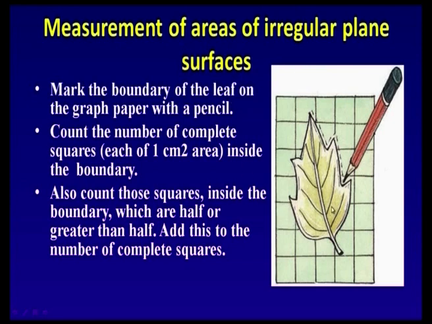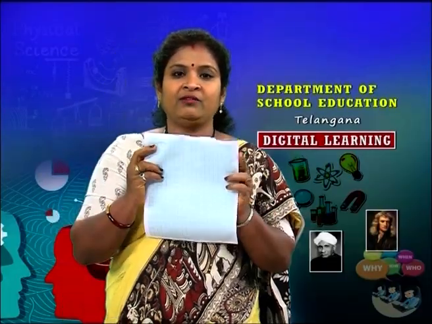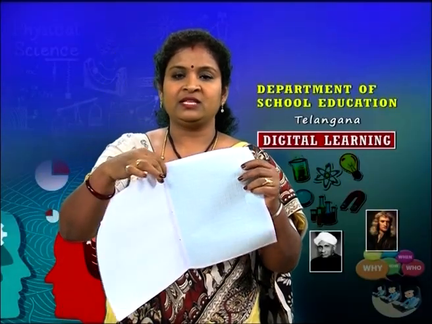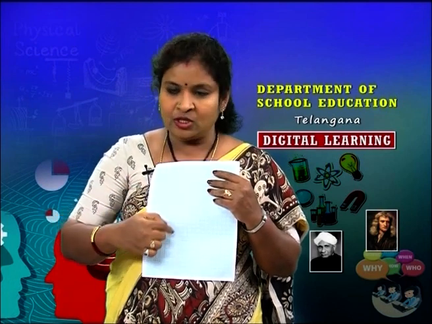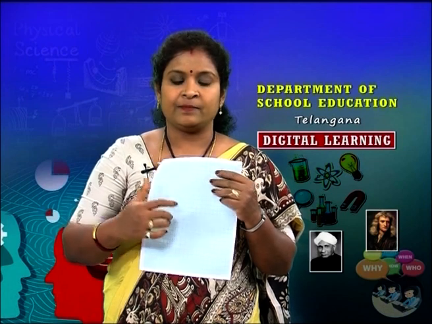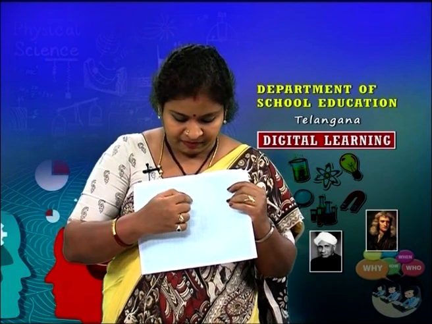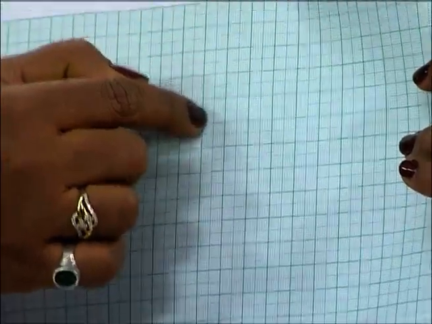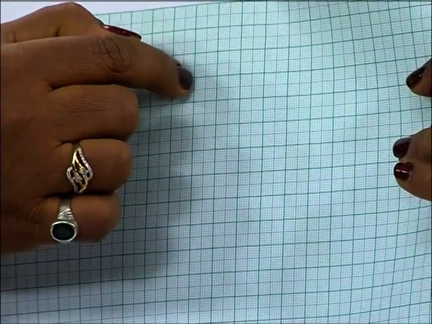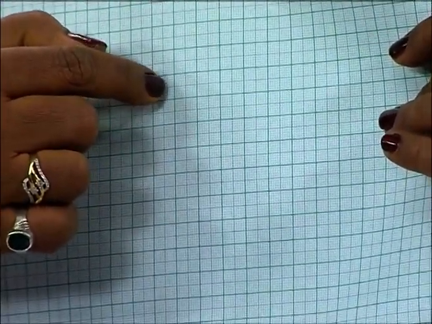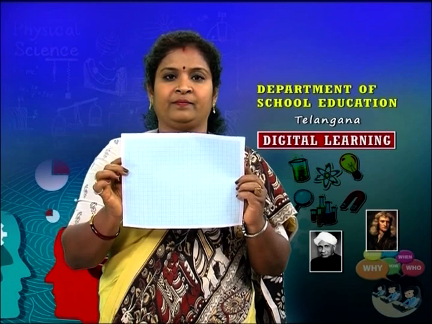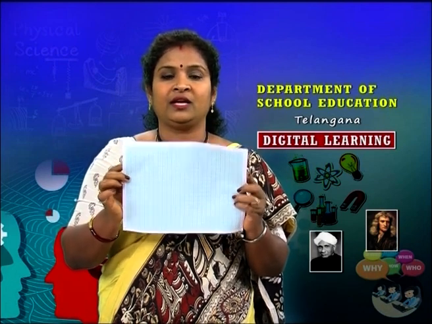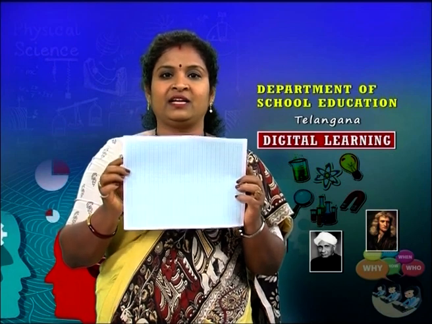By using a graph paper. How are you going to measure it, children? This is a graph paper. You can see there are so many small boxes. Now, in this graph paper, you can see that this box has a length of 1 centimeter and a breadth of 1 centimeter. So, if you count the total number of boxes, then that will give you the area of this paper. Now, if you want to find out the area of an irregular object like a leaf,